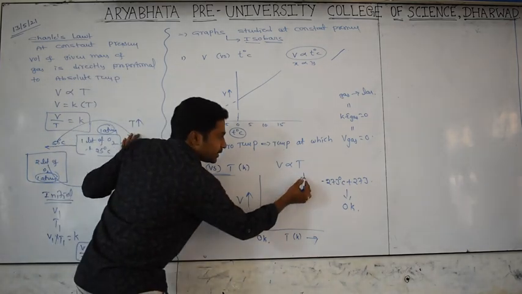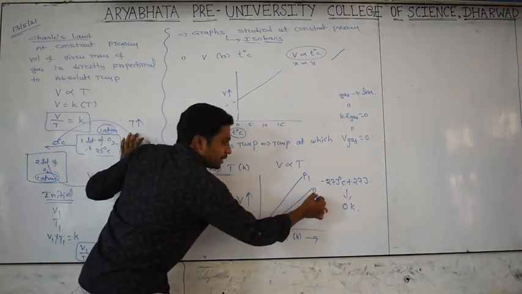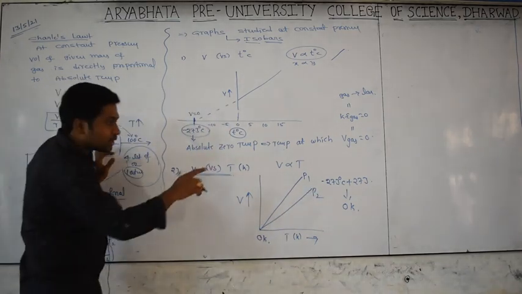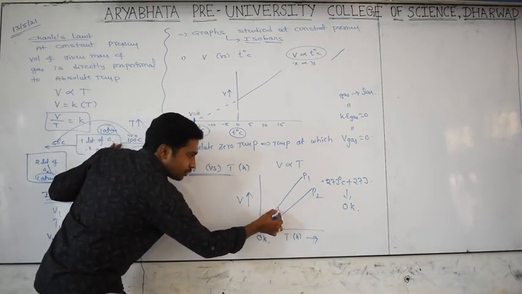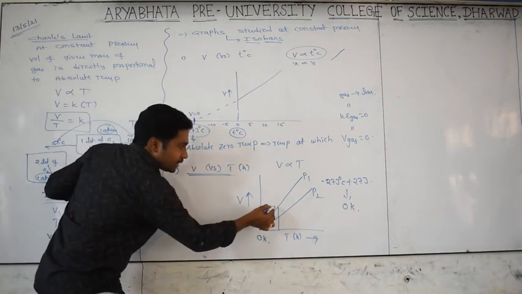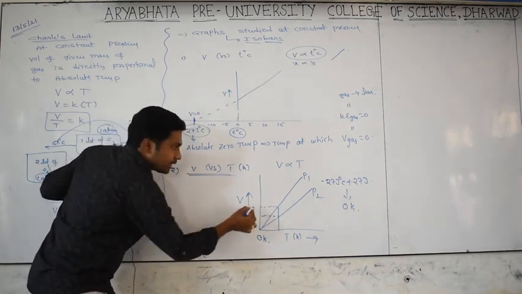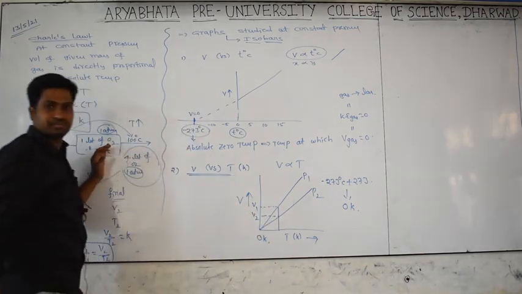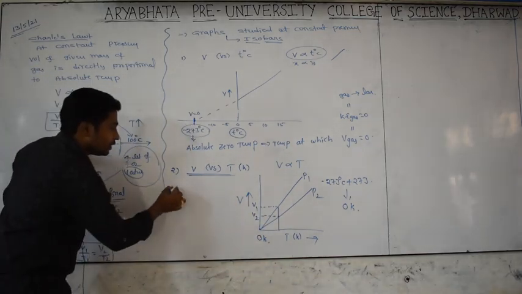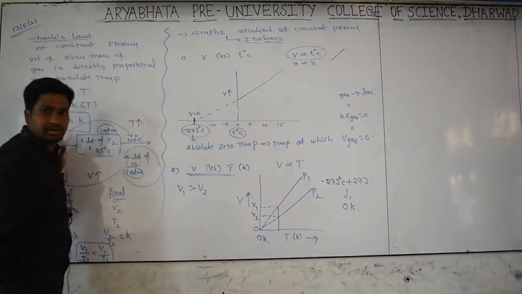Now this is the pressure P1. I will take one more line, that is P2. I want to get the P1 P2 relation. What should I do? We have to take one fixed point on temperature. From there we have to draw a vertical line to the volume axis. Then we are getting the P1 graph, this is V1, and the P2 graph, this is V2. Which is more? V1 is more than V2. Why? Because from 0, V1 is far.